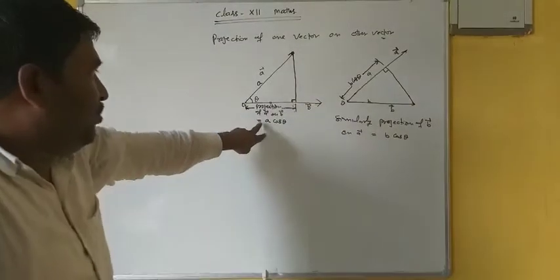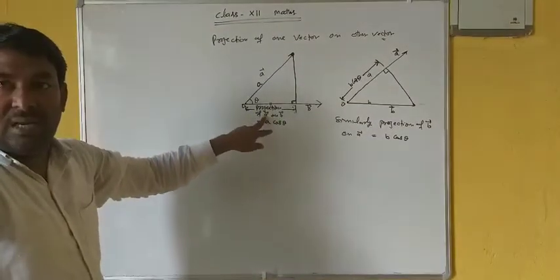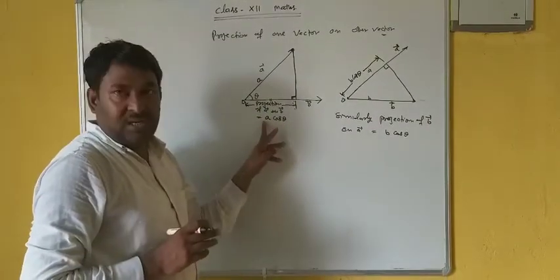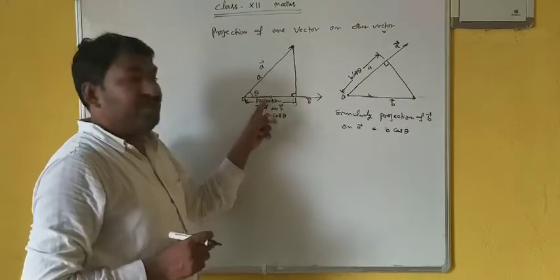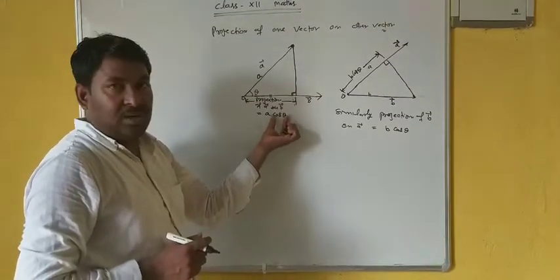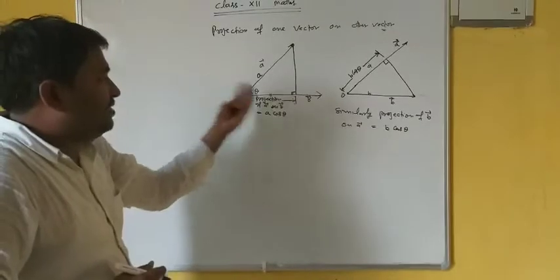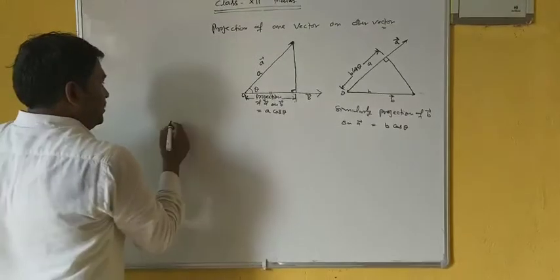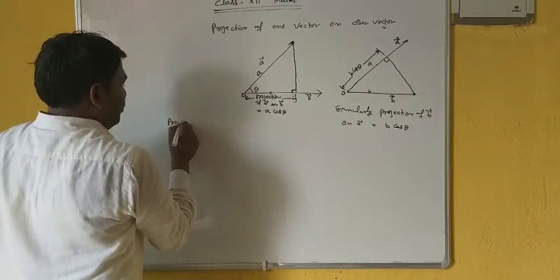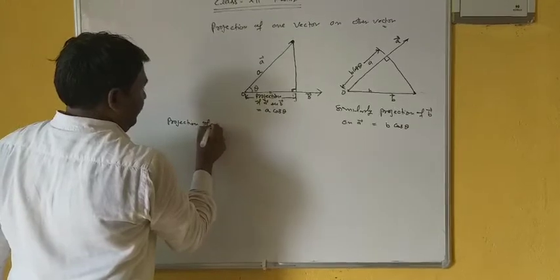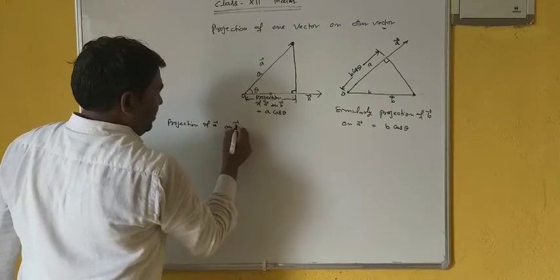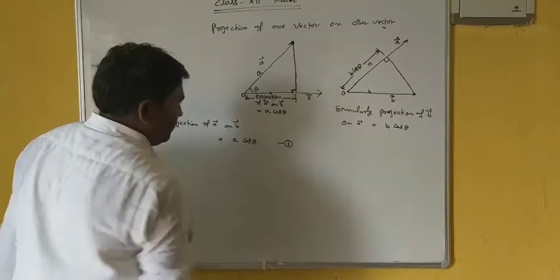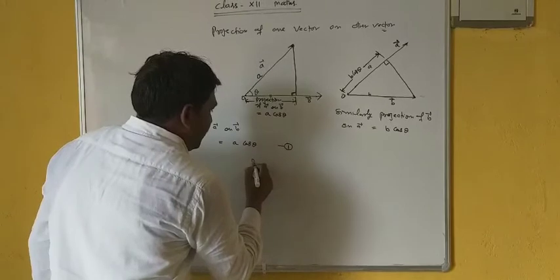Now see, if you have to find the projection of vector A on vector B, you have to find A cos theta, the magnitude of vector A, and thereafter you need to find the angle between them, theta, and then put it in A cos theta. So in vector form, without calculating theta, let's see how you can find this projection. Since you know the projection of vector A on vector B is equal to A cos theta, equation number 2.